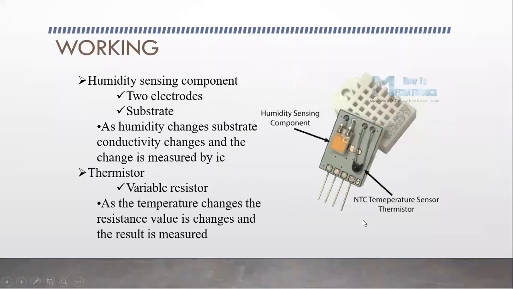I told you, inside of this DHT11 sensor, you have two components. One is a thermistor, and one is a humidity sensing component. In the humidity sensing component, you have a conducting material. Based upon the humidity, and humidity again is water droplets kind of thing, right, this humidity sensing component would conduct, and you would get the value on the pins. So this is a thermistor, and this is a humidity sensing component.